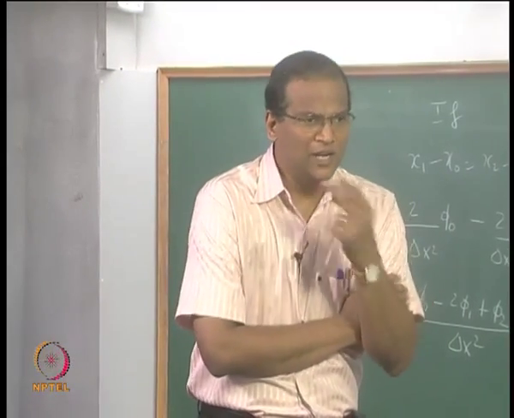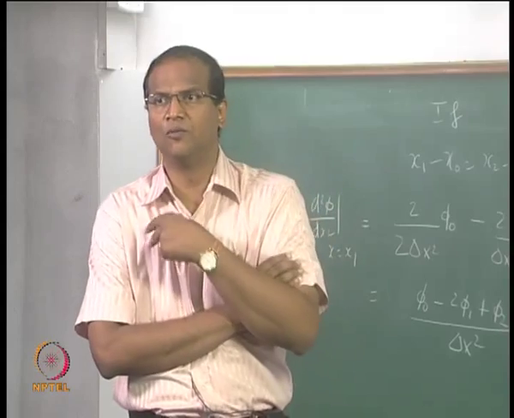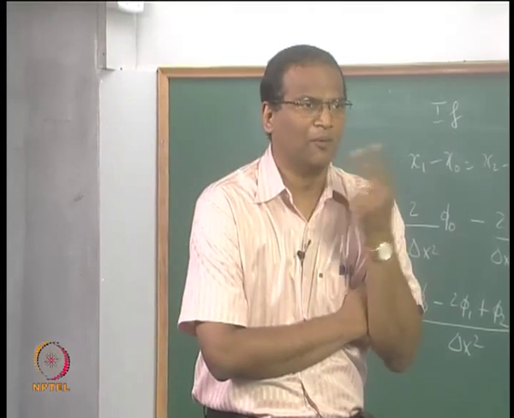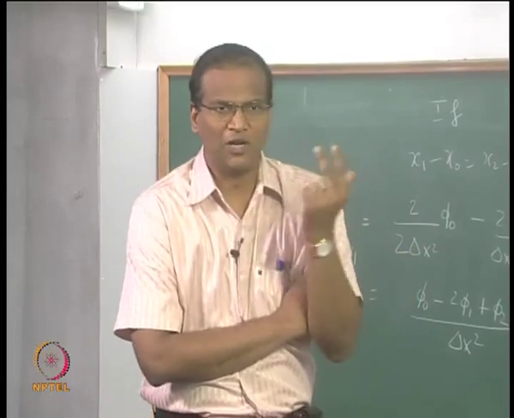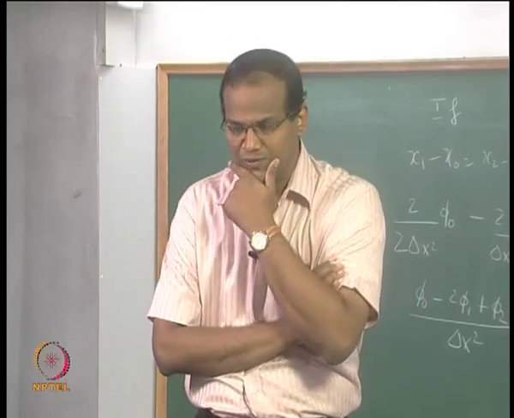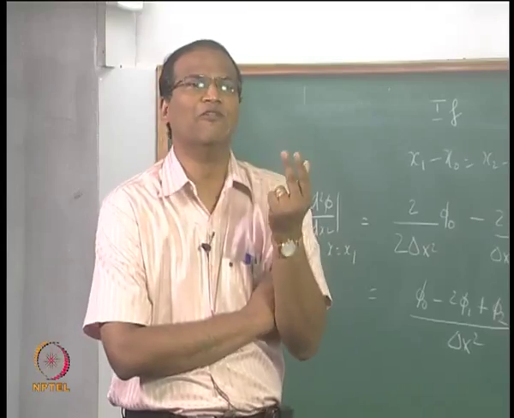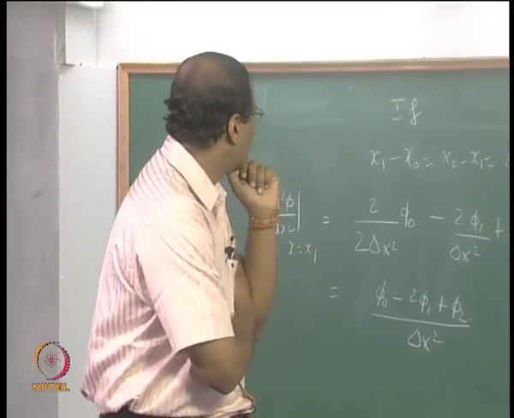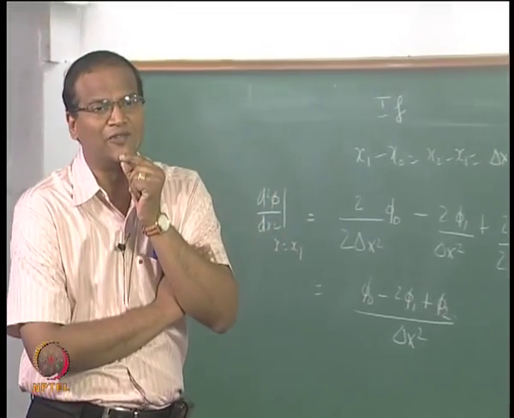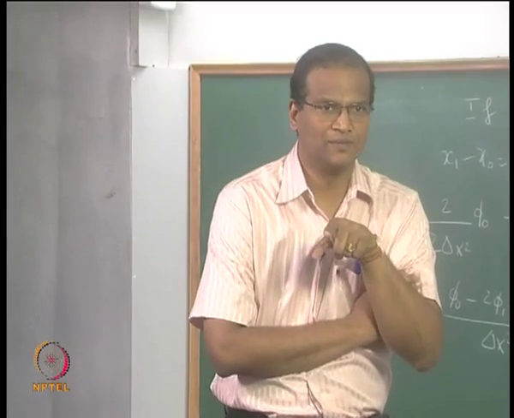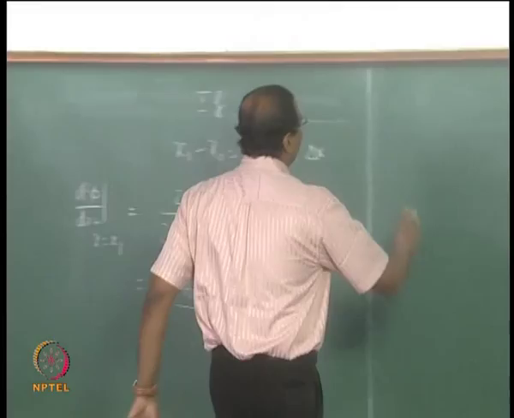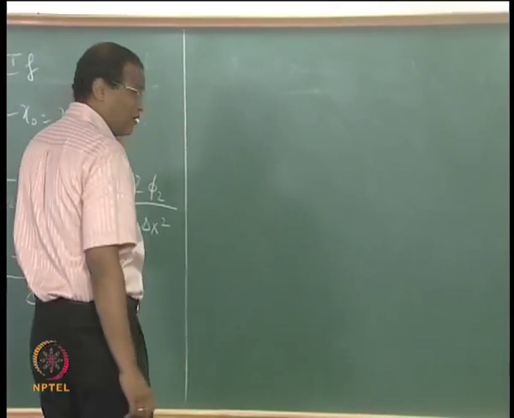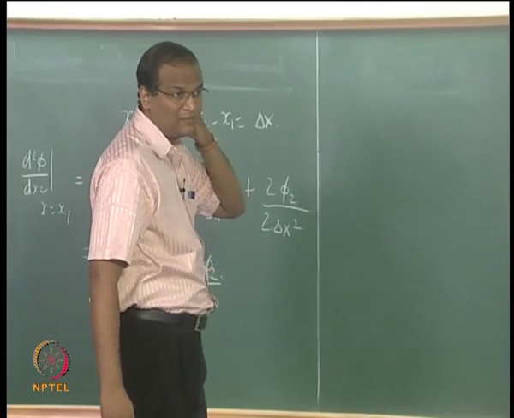That variable phi could be anything, it could be temperature, it could be stream function, it could be potential difference, depending upon whether you are an electrical engineer or a civil engineer or working on groundwater potential. There are so many, phi can assume any form, right. Now, this basically is called the central difference approximation in finite difference. Okay, what is the central difference approximation? What do you want to call it as?